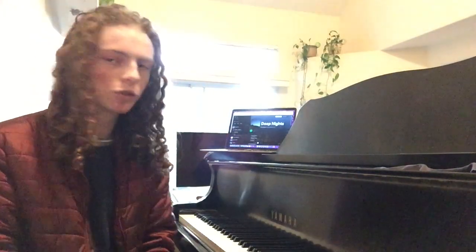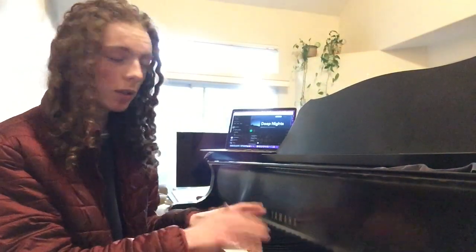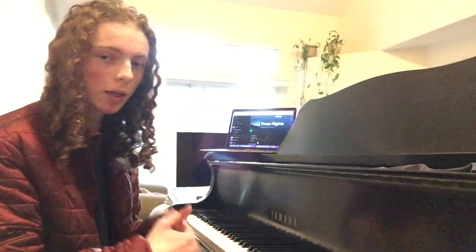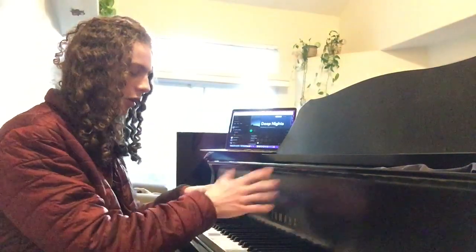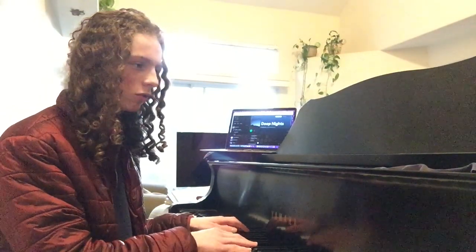So this here is the transition from the first section into the second section. So it's the same exact melody and the same pattern going on, except everything is now shifted one octave lower. It's no longer just the left hand. The right hand is also an octave lower. And this here is a small detail, but right here